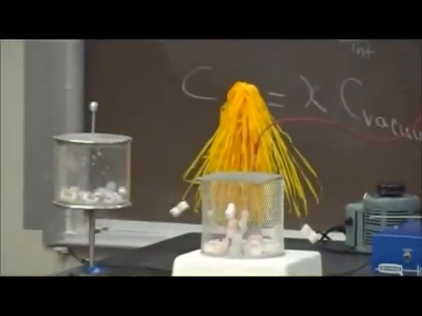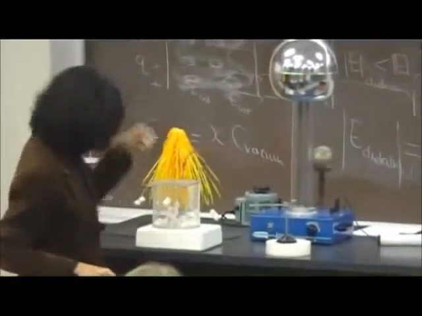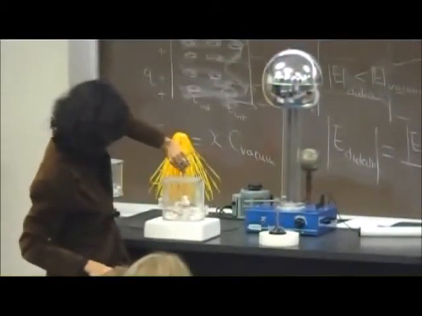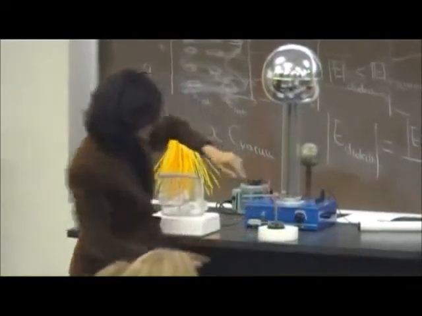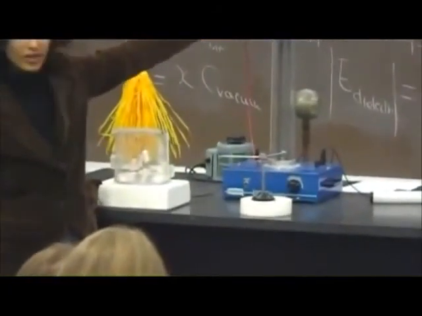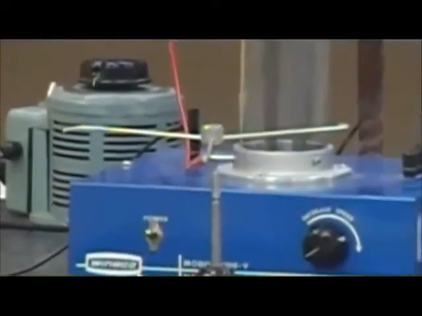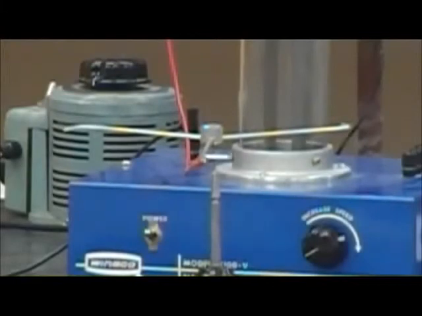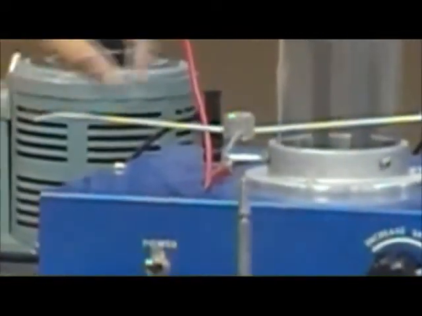So here, let me ask you what would happen in this situation. Here we have very, very pointy edges. If I connect this thing to this, first of all, I want to tell you that this is a very highly charged thing. I told you this is 500,000 volt compared to ground, very high voltage because of the high charges that accumulate there because of all this belt sending charges. So the belt is rubbing and picking up charge, and then it keeps dumping it on the inside, which goes outside. Now some of that charge will get transferred through this metal wire onto this. Now since these things are so pointy,